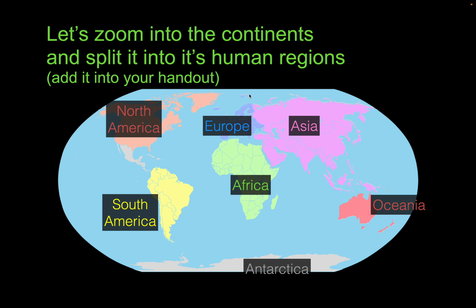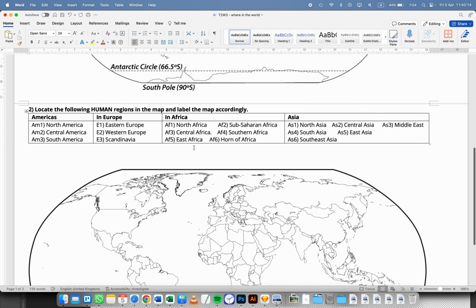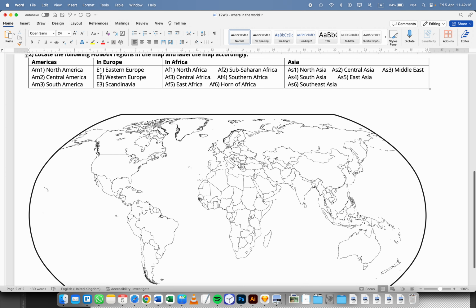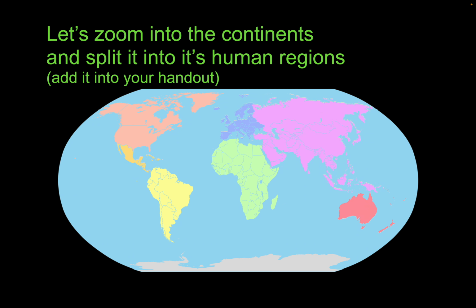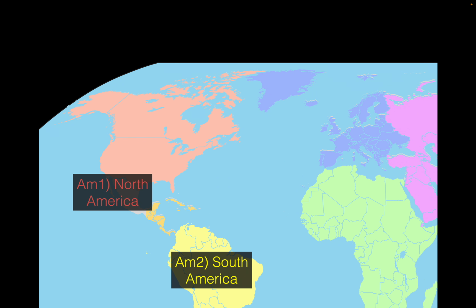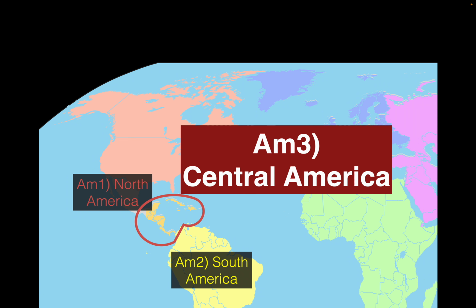Let's start with North America. Now in your handout, you will see that I have already labeled AM123, so it's easier for you to label E1, E2, E3. Okay, I will also be telling you why we split it that way, and that can help you interpret global distribution for human geography easily. Okay, so let's zoom into North America first. The Americas first. You have the continent North America and South America, and they usually split out in the middle, Central America. All right. Now, again, I said before, there's no need to split hair over the exact border. The rough region is good enough.